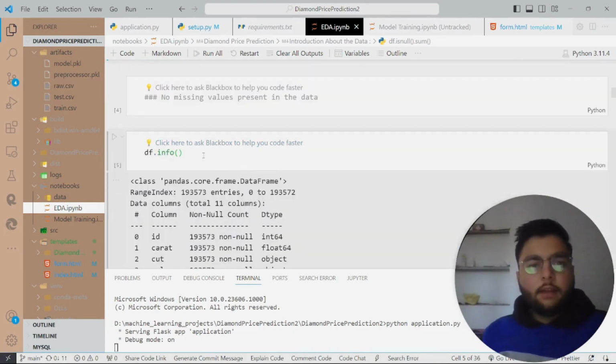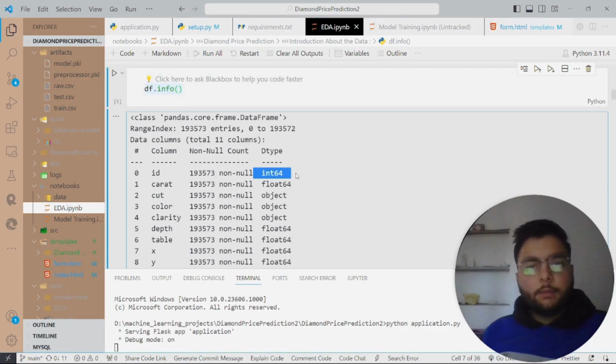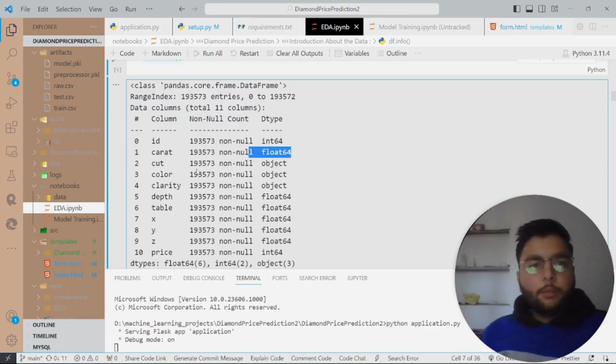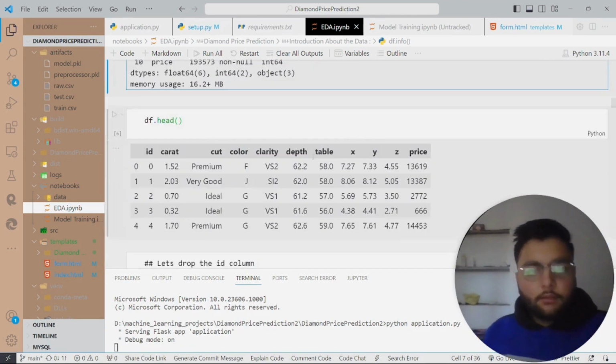After that, I have used this function in order to check the data type of each column. Here we have the ID column, so the data type is integer. In the carat column, we have float. So basically we are checking the data type of every column by using the info function.